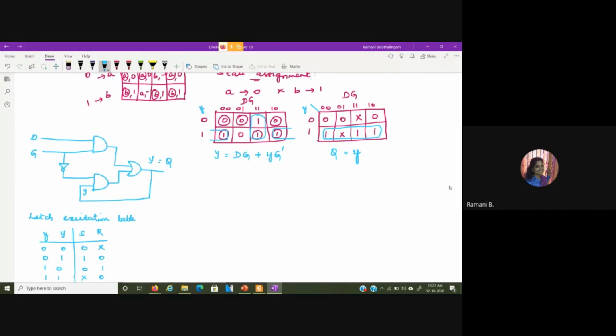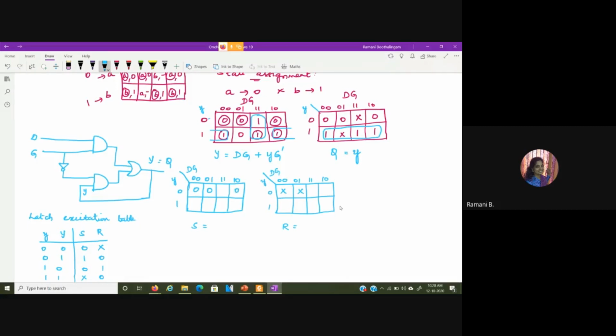So from this table, if I am going to give S and R values, this is for S and this is for R. This value is small y, the value inside the squares is capital Y. So for 0, 0, it is 0 and don't care.